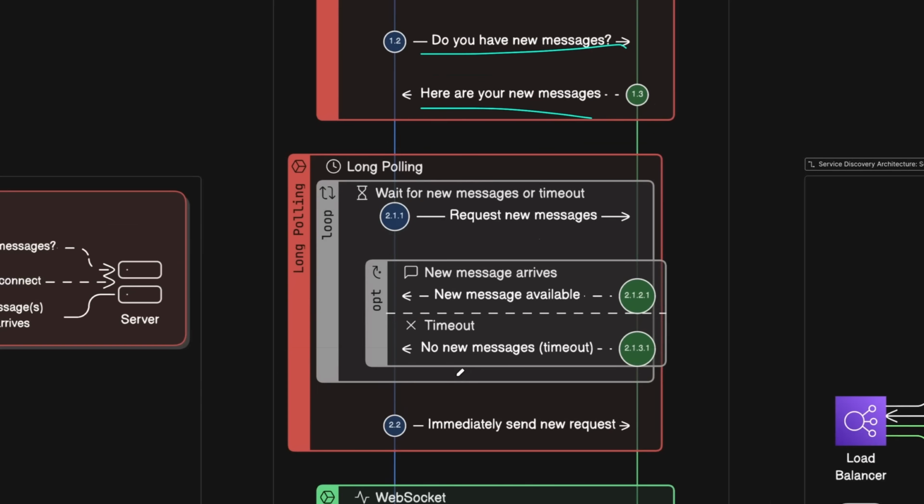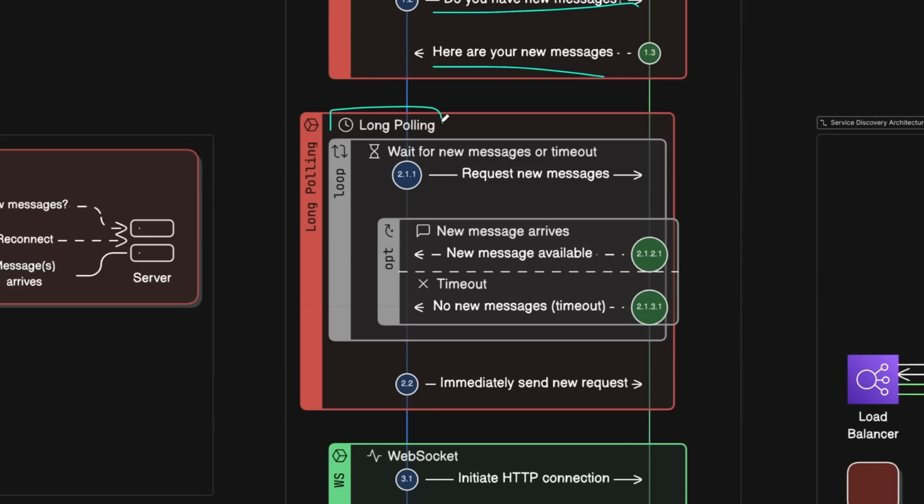That's why one better approach than this is the long polling option. In this case, we wait for new messages or a timeout. So let's say we request new messages from the server, and then the chat server will wait for some time until the timeout. If there are any new messages, it will push them back to the client. And if there are no new messages, then after the timeout, it will send a response, which will again be an empty response saying that there are no new messages in the chat. Then the client needs to query the chat server again, and this process occurs again. This is still problematic because you're constantly opening and closing connections,